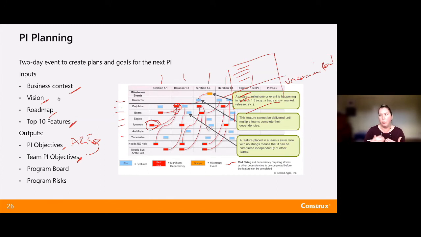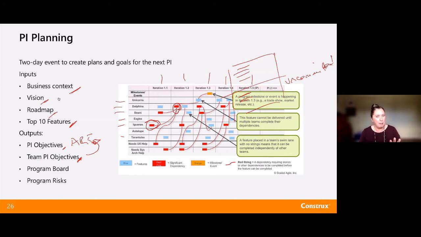We'll also look at what risks exist, and we're going to ROAM those risks. We're going to look at what are the risks that could impact us or hit us in this upcoming PI, and we're going to talk about whether those are resolved, accepted, owned, or mitigated. So we do a little risk management in this as well. We do a final vote. Is everybody confident? Might do a fist of 5 vote for that.